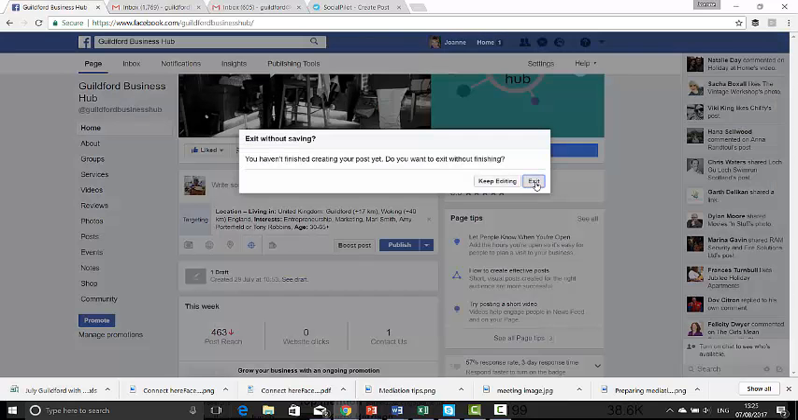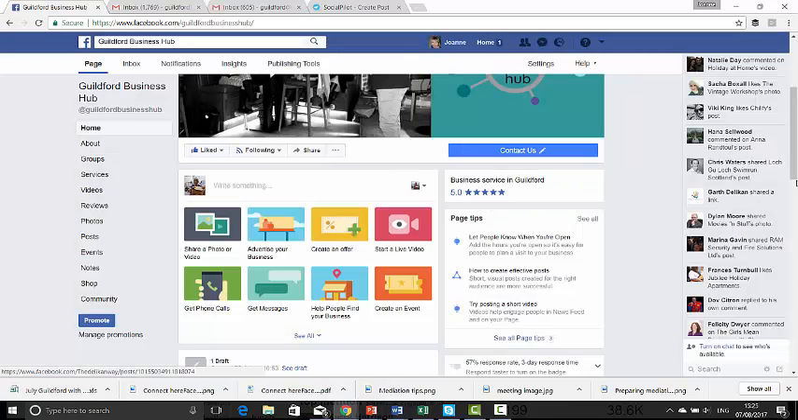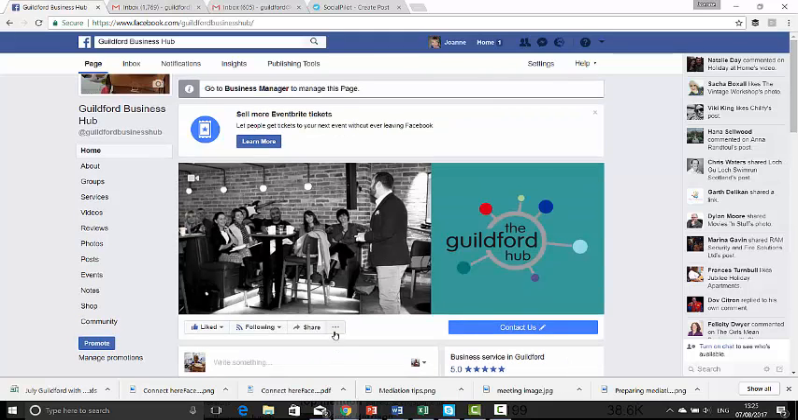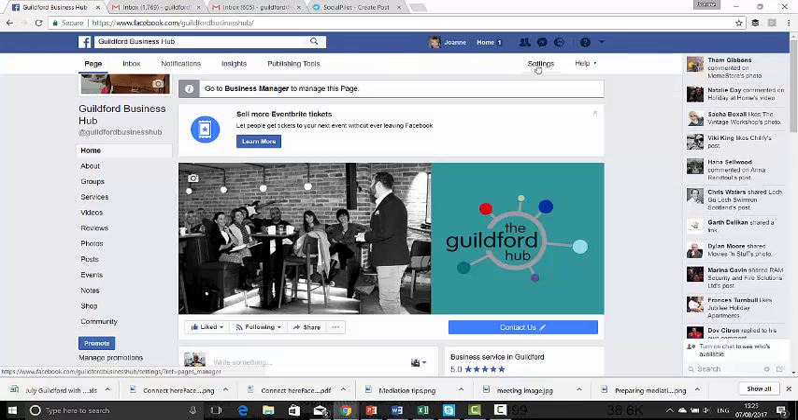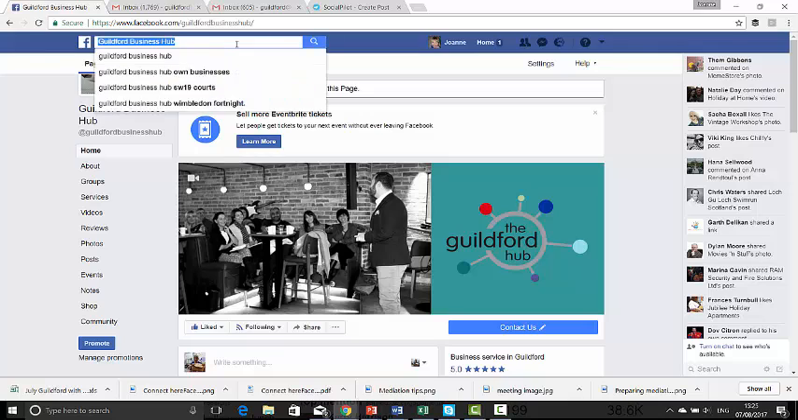I'm going to not continue with that for the moment. So yeah, that's basically the three dots. Settings are where you're going to find most of the things here that could help you improve that organic reach. Now, let's have a look at